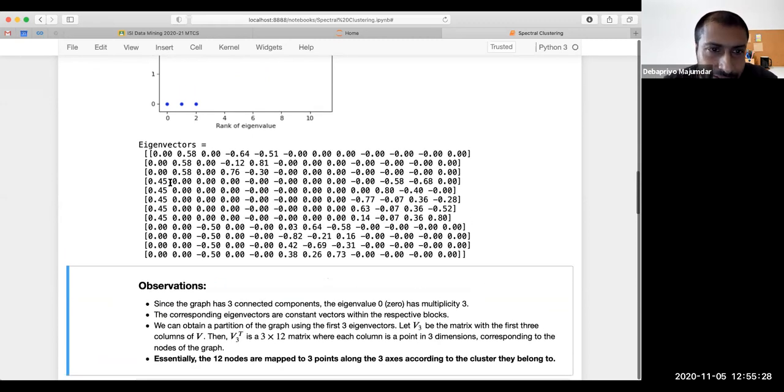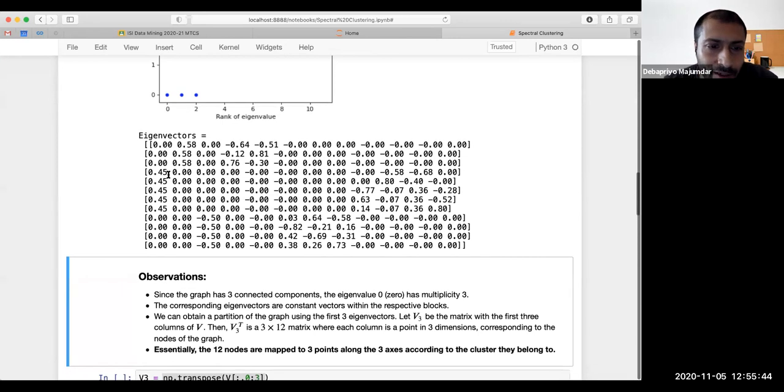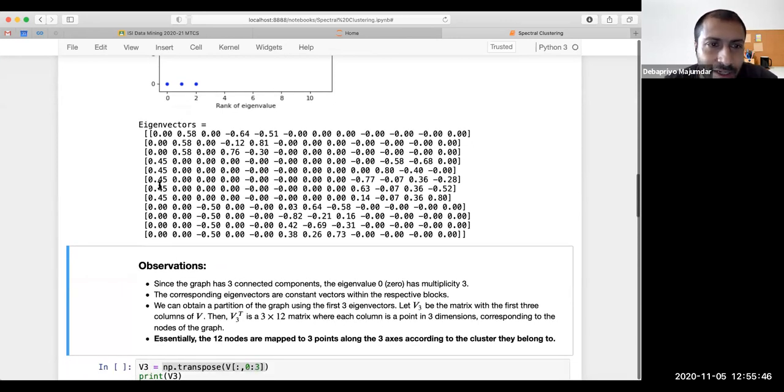Last time, we looked at the second eigenvector and we figured that we can partition the graph into 2 different parts, but the graph was actually not completely disjoint. Here, obviously, it's pretty easy to see that these 3 eigenvectors clearly give you a partition of the graph into